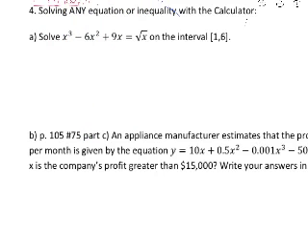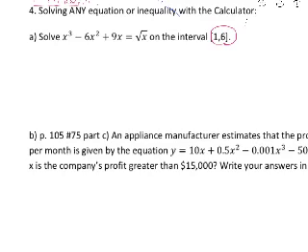Okay, so number 4 would be the calculator active portion. And so A is an equation: x cubed minus 6x squared plus 9x equals the square root of x on the interval of 1 to 6. So when you have an equation and you want to use your calculator, what you want to do is